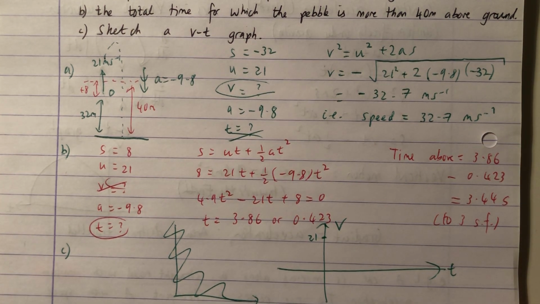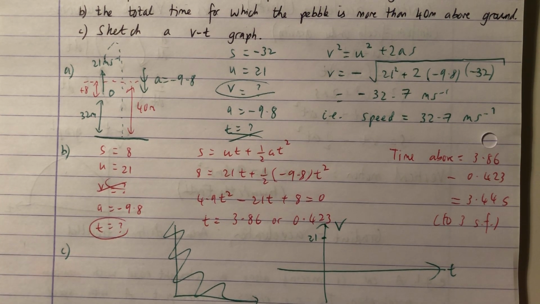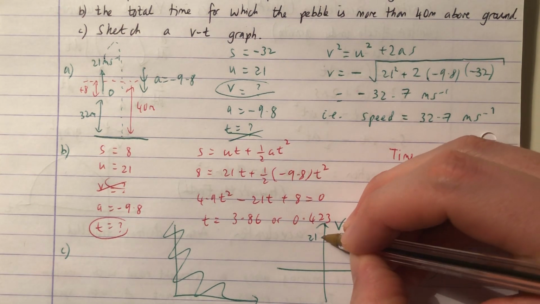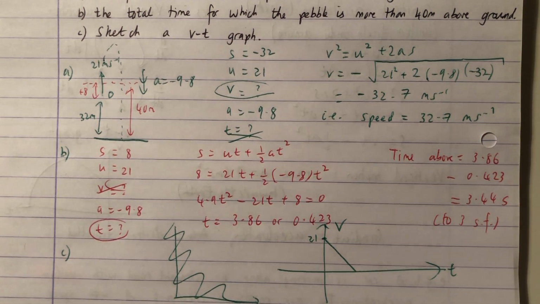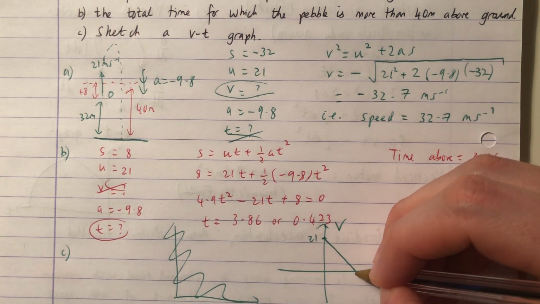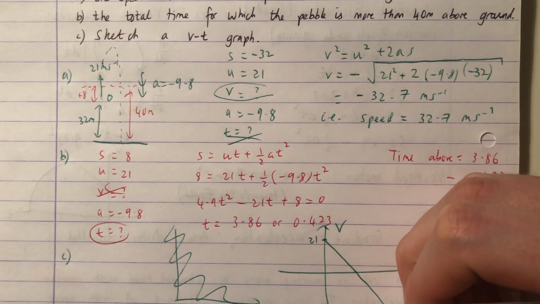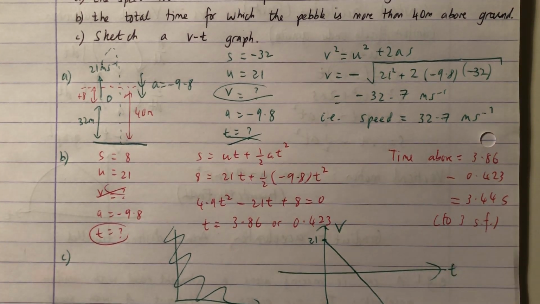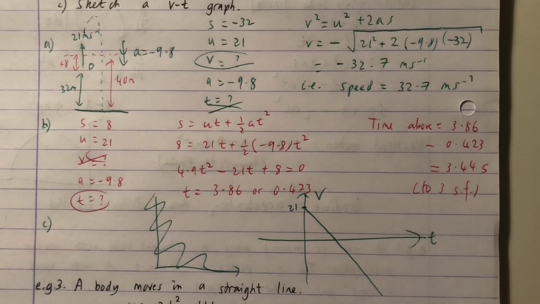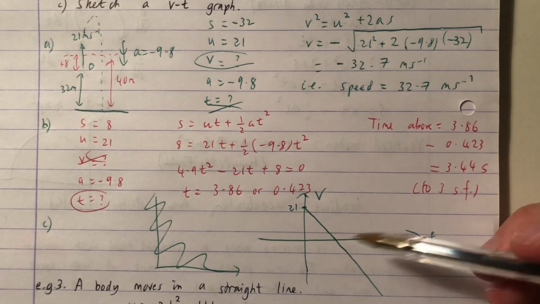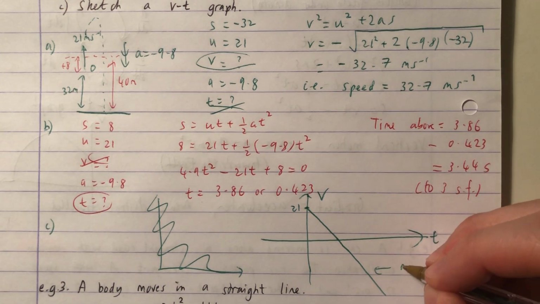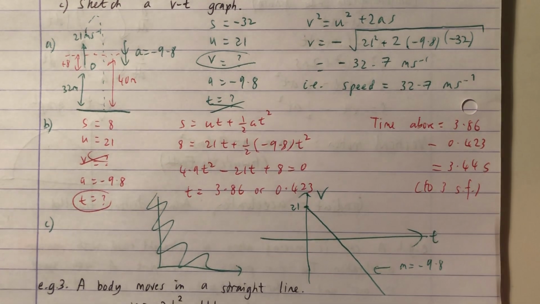And as it moves upwards, the velocity starts to decrease until it reaches 0. Then when it goes through 0, it changes direction and goes negative until it hits the ground. So that would be an example of a VT graph for this pebble, where the gradient would be minus 9.8,